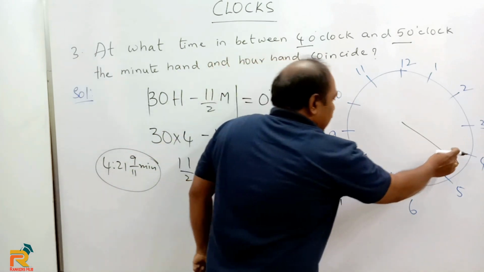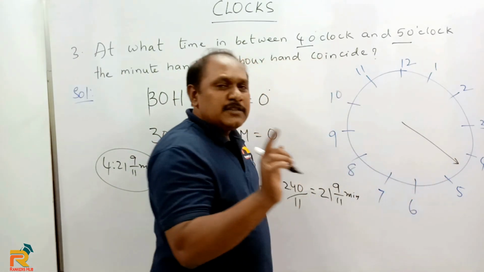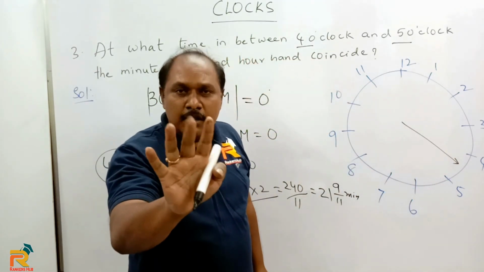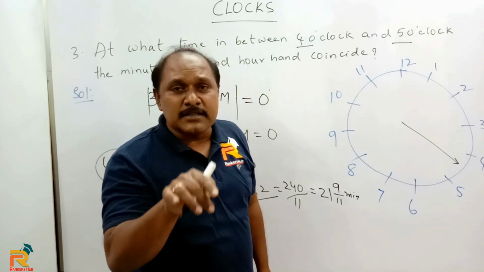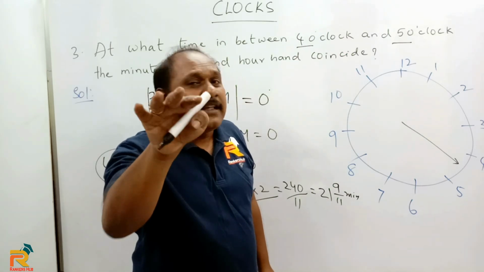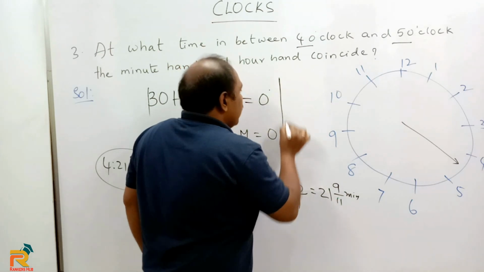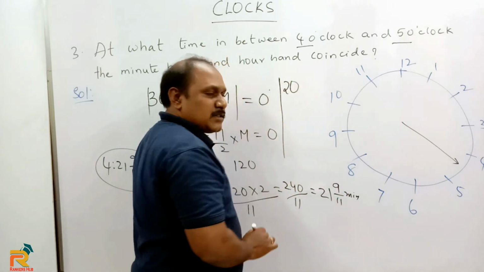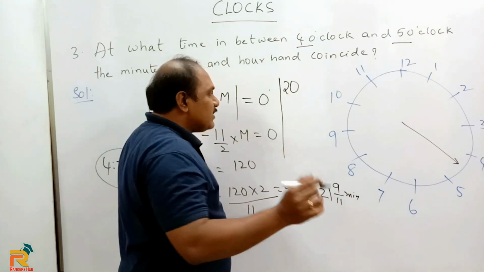Very simple. In between 4 and 5, what is the smallest number? 4. 4 represents how many minutes? So definitely 4 represents 20 minutes. Right? Now our answer is